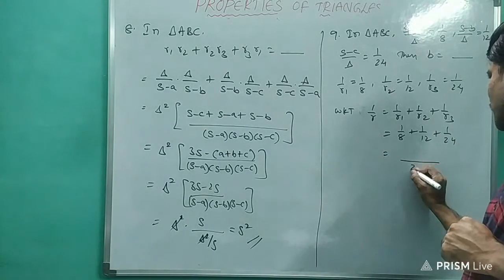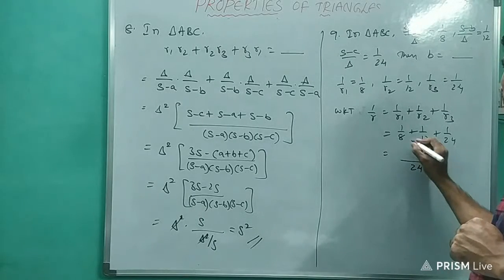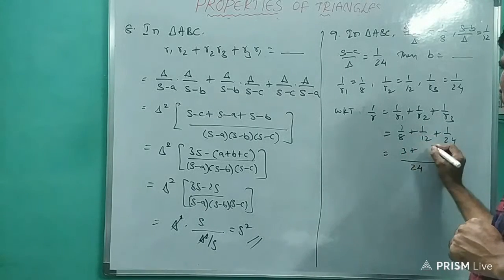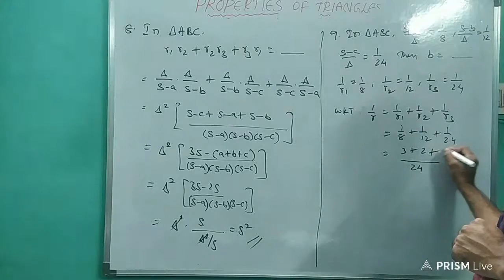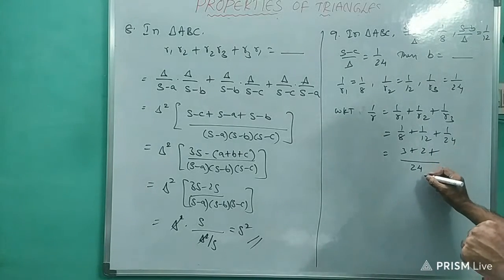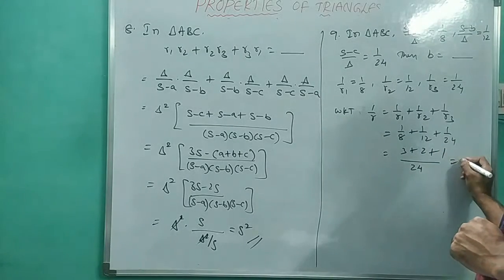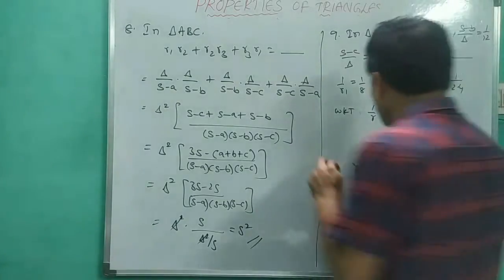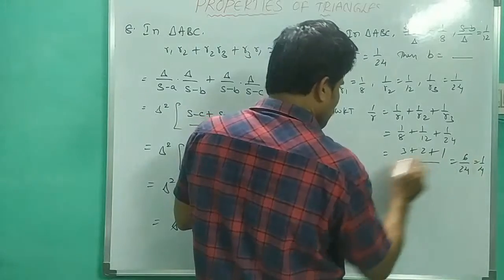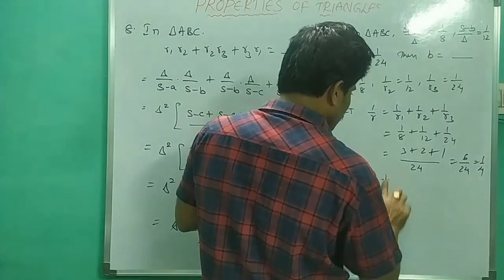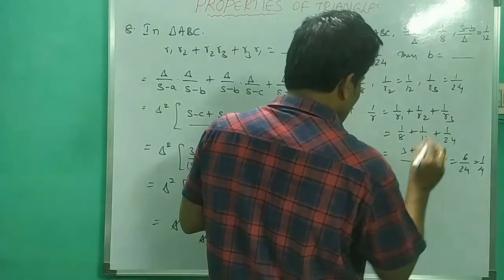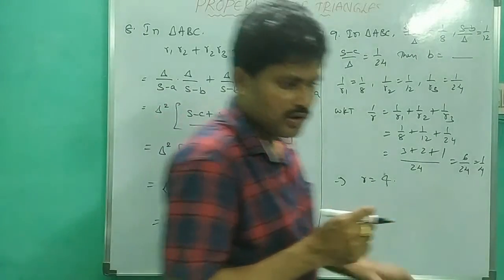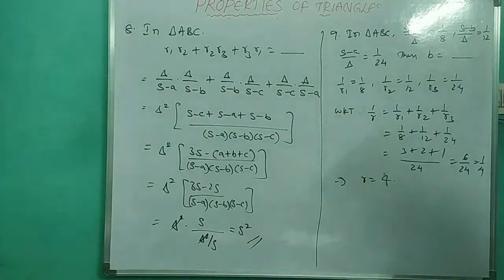We have to take LCM is 24. So 8 into 3 is 24, 3 into 1 is 3. 12 into 2 is 24, 2 into 1 is 2. 24 into 1 is 24, 1 into 1 is 1. So this is 6 by 24. That means 1 by 4. Now clearly 1 by R equals 1 by 4. R equals to 4. Now we have to take one more result,